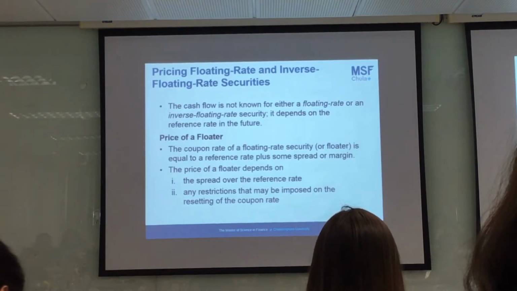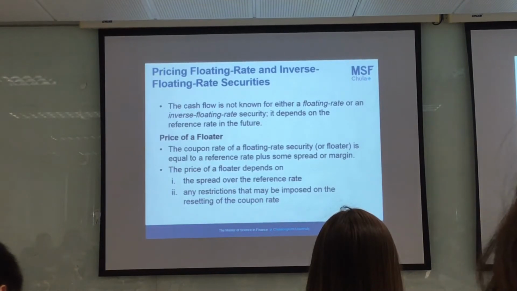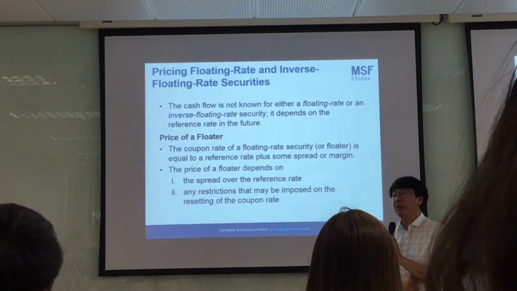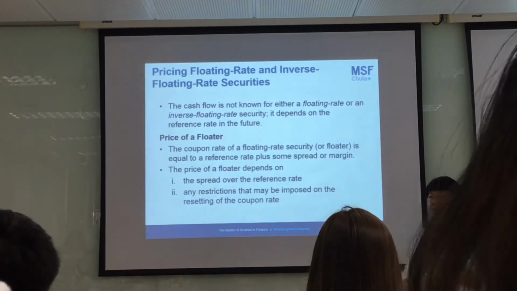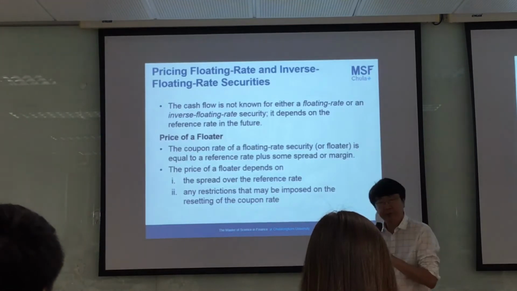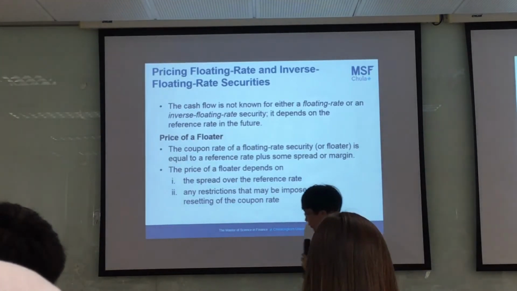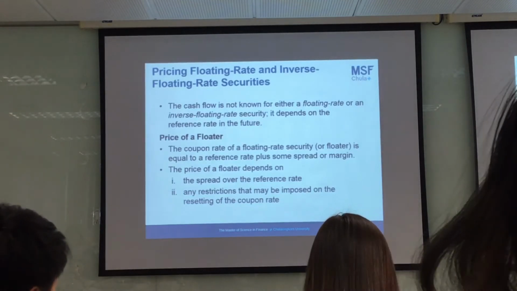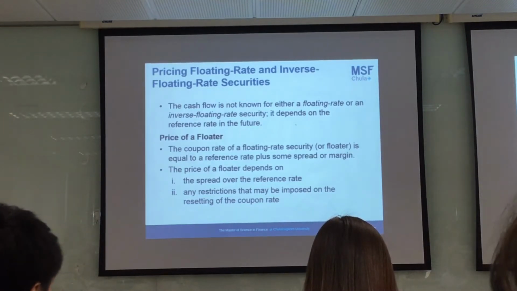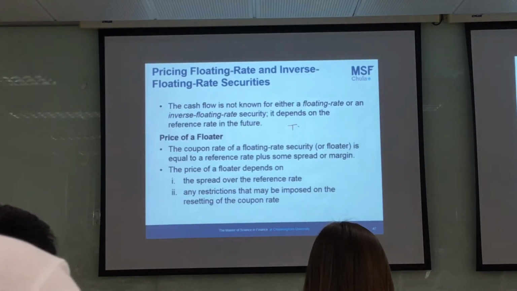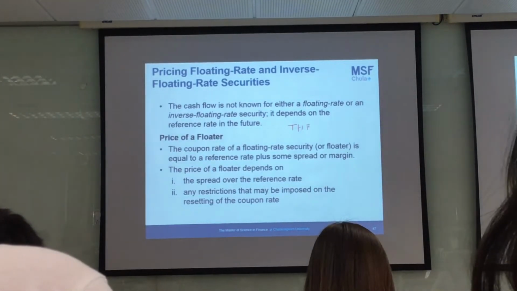What about the floating rate bond? Suppose that in the primary market you buy a bond that pays a floating rate, and the reference rate is LIBOR or Thai baht fixed. Suppose this bond pays a coupon rate equal to the reference rate, Thai baht fixed,